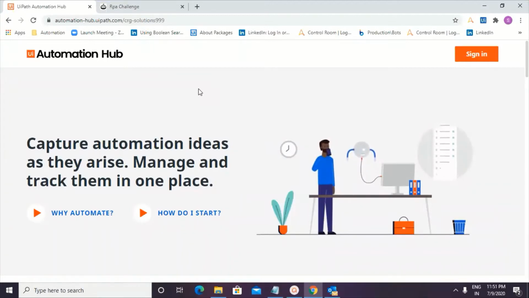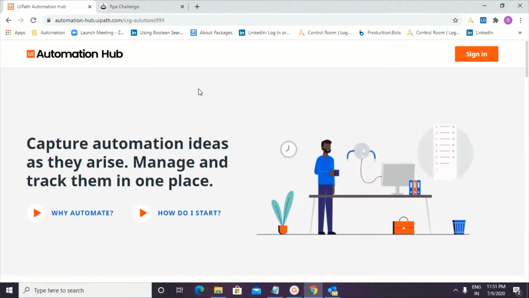Now, in this episode number two, we are going to see how we can create a process design document using Task Capture. But before we get started, I would like to call out that in our previous session, we completed a first process of Automation Hub, wherein we log in, we submit an idea, and we have submitted an employee-driven idea.